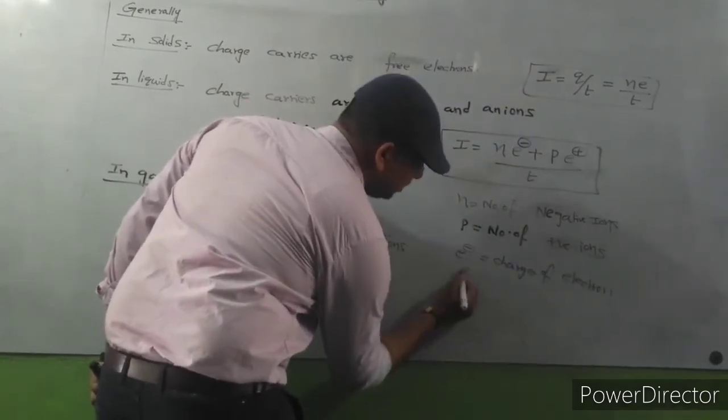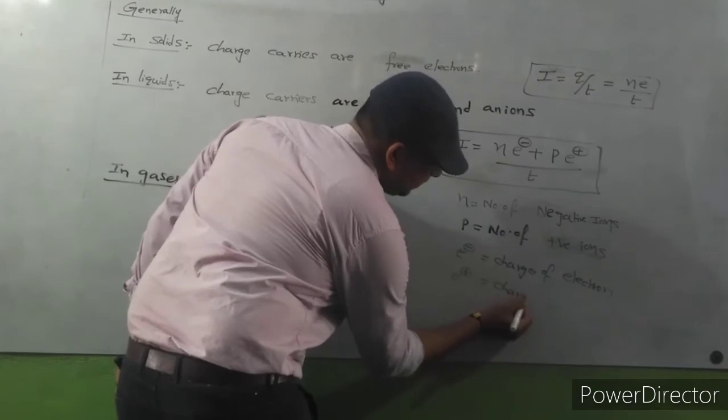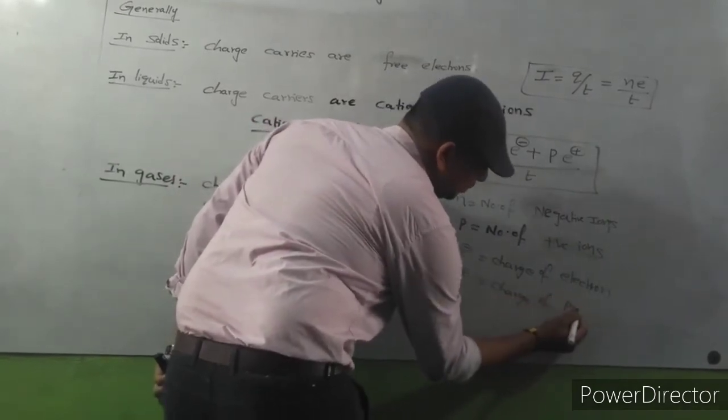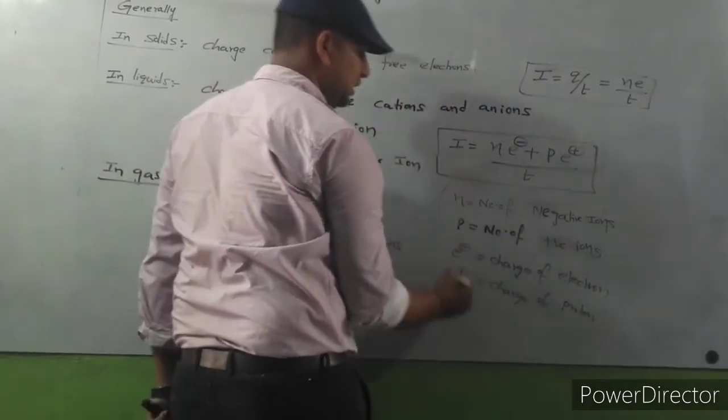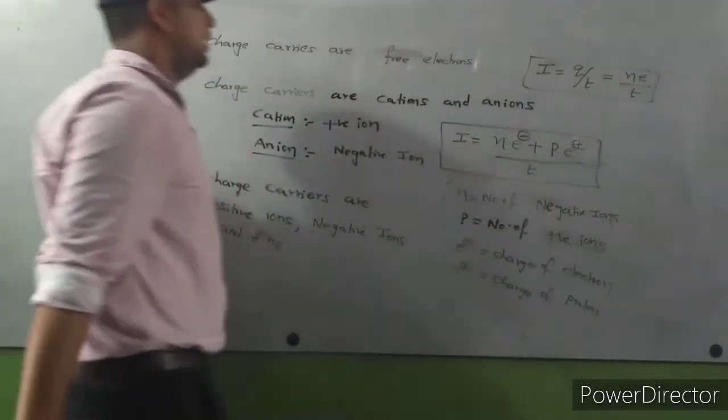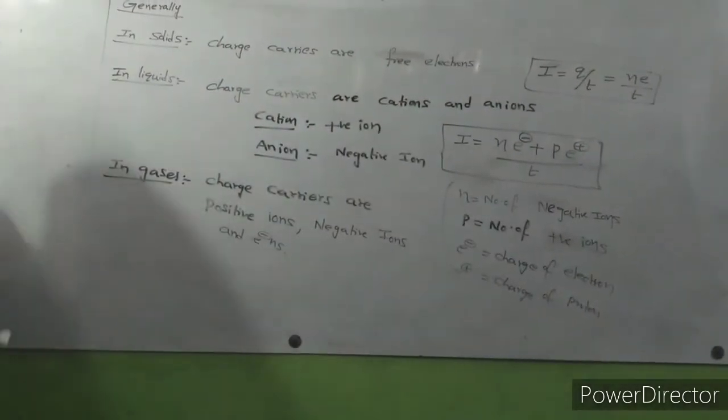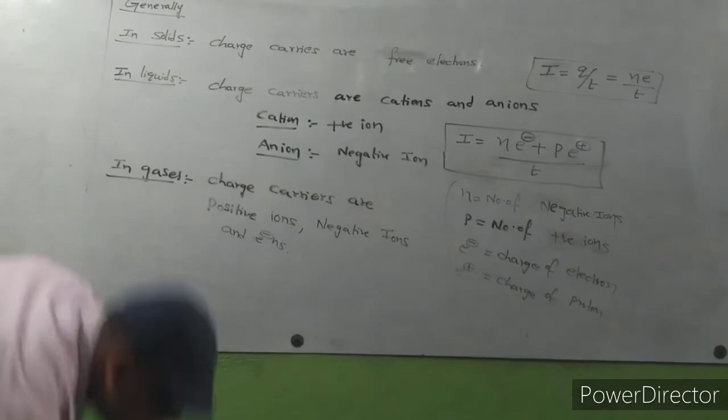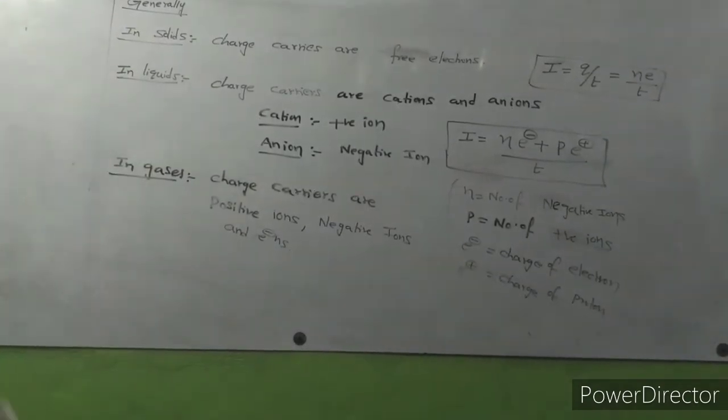E plus means charge of proton. So these are the different formulas. So this is about this concept. Next we are going to discuss